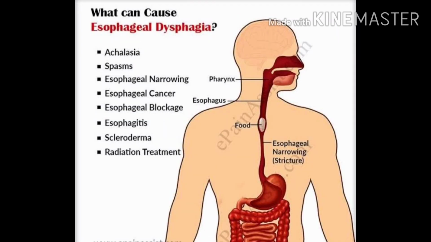Next clinical condition is dysphagia or difficulty in swallowing. It occurs due to compression of the esophagus from outside by aortic arch aneurysm or enlargement of lymph nodes or abnormal right subclavian artery which is passing posterior to the esophagus. Narrowing of lumen of esophagus due to strictures or carcinoma also causes dysphagia. The malignant tumors of the esophagus most commonly occur in the lower one-third of the esophagus.